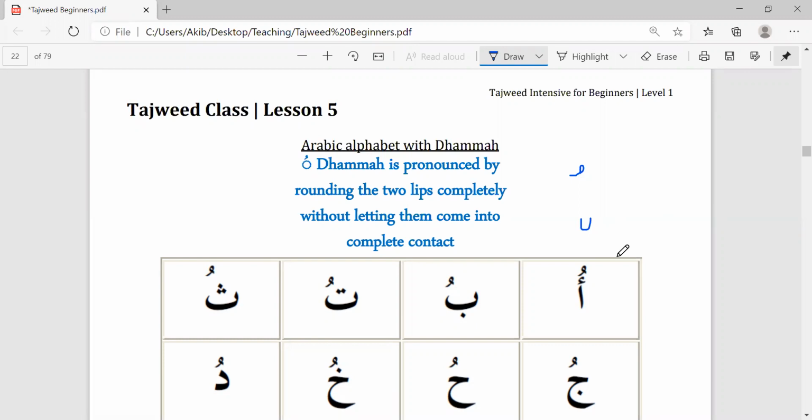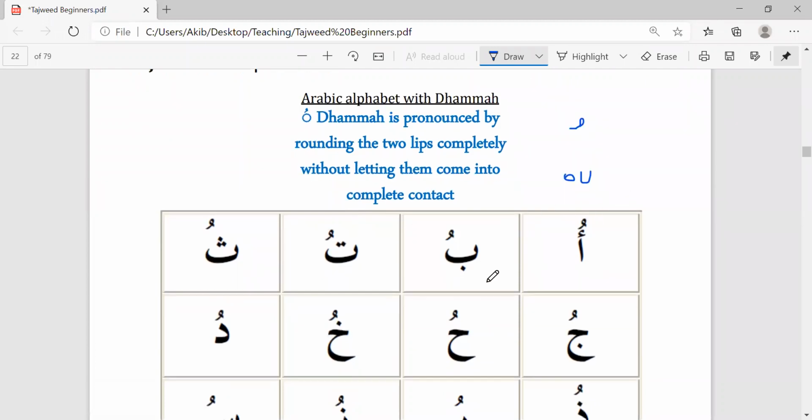So you're going to pronounce the letter with the correct makhraj, and you're going to make an oo sound after it. So kind of like ou. That might be ow, I don't know. But basically, it's just an oo sound. However you want to spell it in English is up to you. So what we'll do is we'll go through each of these letters, how they sound with the dhamma,